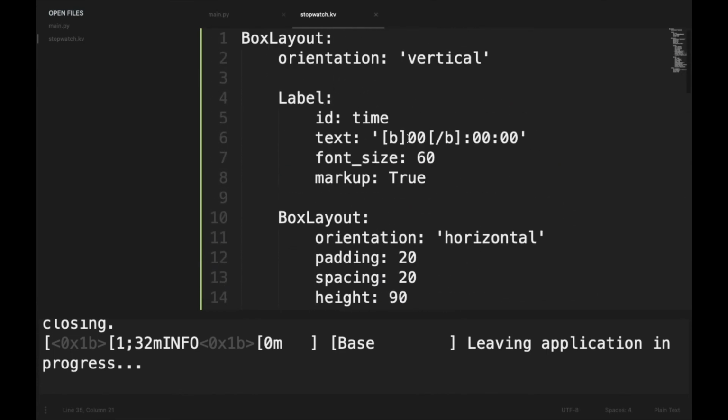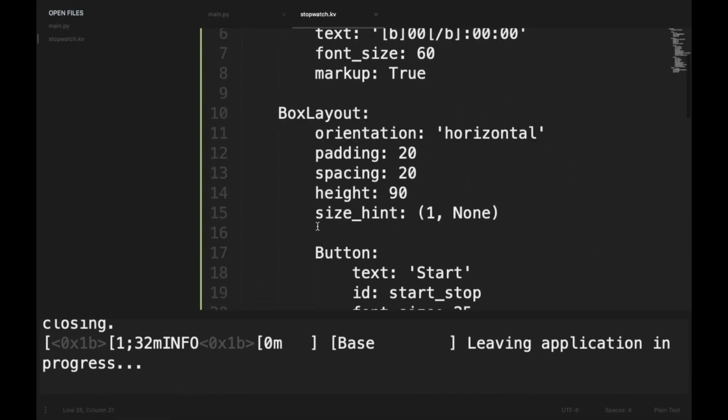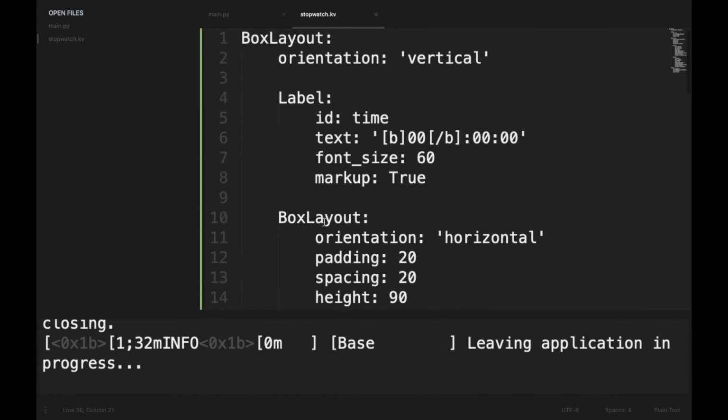And now moving to the kv file, instead of changing it in each button, we can set a certain property at the top just like CSS.